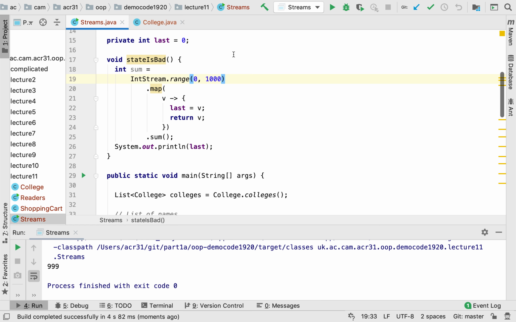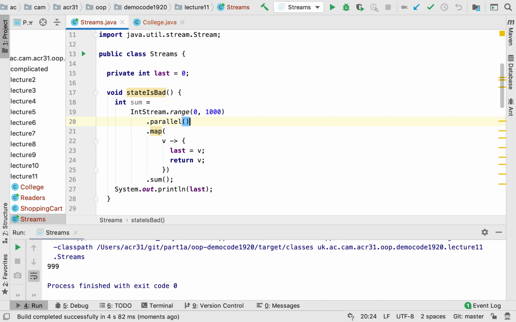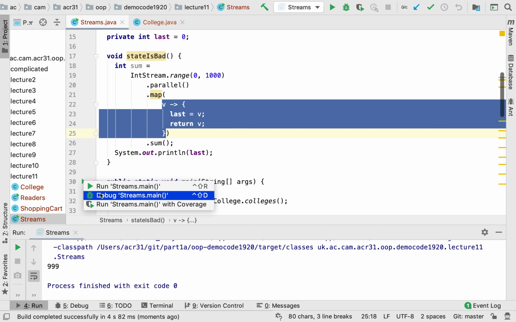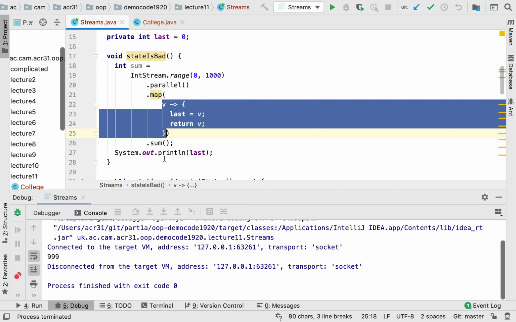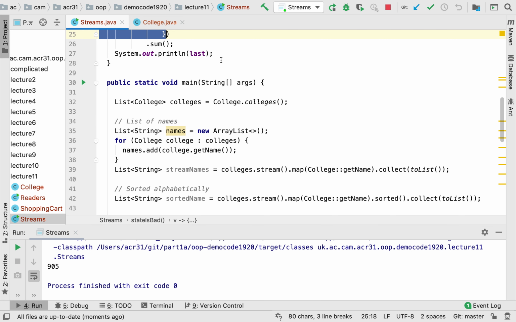But streams make no guarantee about the order that you're going to traverse the stream in. So one thing you can do, for example, is you can tell Java that it can execute your stream in parallel, right? And the thing that's important here is that the map function, the thing that I've asked it to map over, doesn't know that the stream is being used in parallel. That's like a previous call. But this function here is just going to be applied to each element, but now it's going to be applied in parallel rather than sequentially. So then your ordering disappears, and now we start getting different values with any luck. There you go. So there's 905,